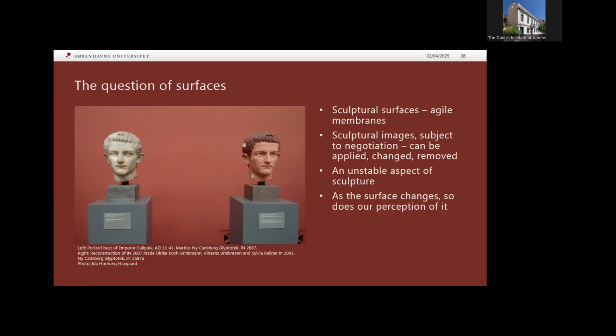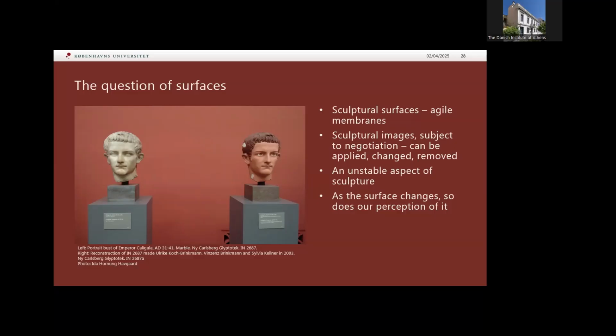Lise Skøtte Jakobsen points out in her book, Meet the Sculpture, that I mentioned before, that the form of the sculpture does not necessarily equal the sculptural image that we see, but that the sculptural image is an agile membrane that is in and on the surface of sculptural objects. An image that can be subject to negotiation. It can be applied, changed, and removed. This is most visibly exemplified by the ongoing academic and aesthetic debate on polychrome, on ancient as well as modern